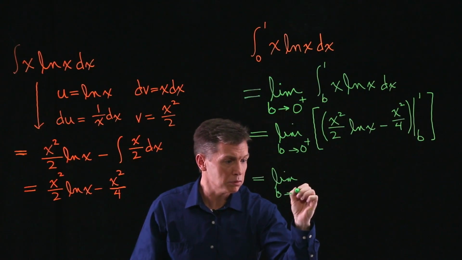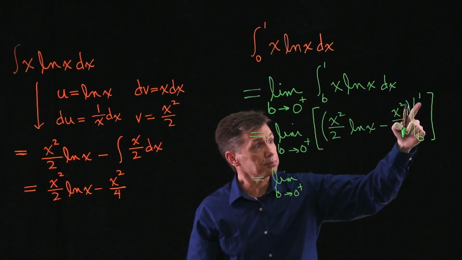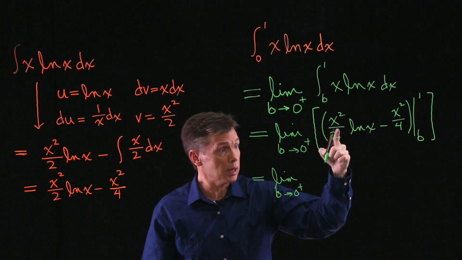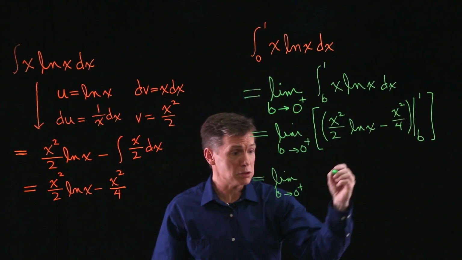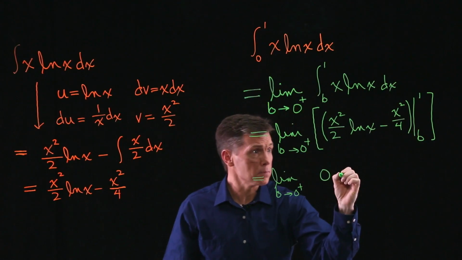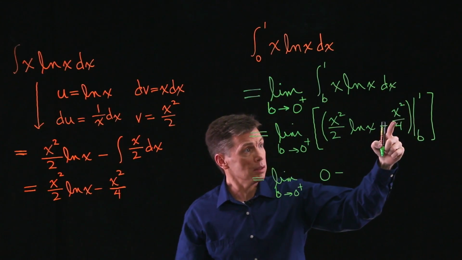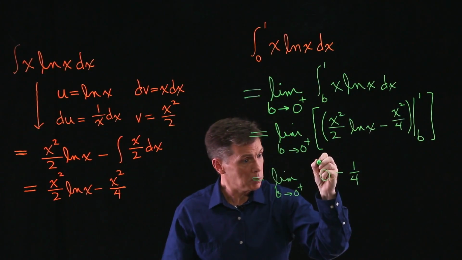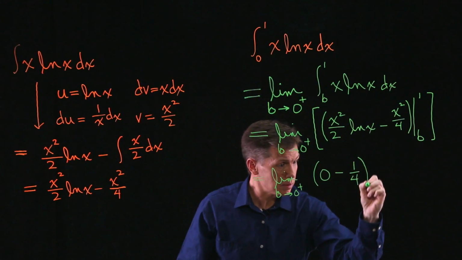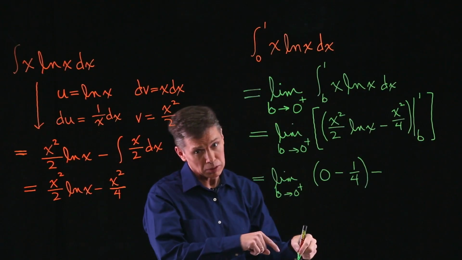B goes to 0 from the right still. Plug in that upper limit, and I'll have 1/2 times the natural log of 1. The natural log of 1 is 0. Subtract, plugging a 1 in here, I just get 1/4. We put parentheses around that, because then we would subtract what happens when you plug in the lower limit of